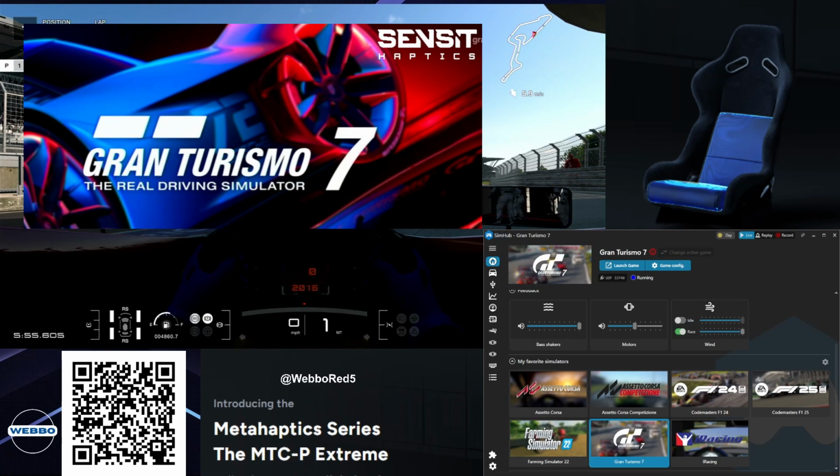We're going to talk about the Sensit Haptics MTC-P Extreme Seat setup with GT7, Gran Turismo 7. I've got a lot of questions after my initial first impression test. I've been testing this out now for a few weeks, and I've actually tested it in league races, probably 4 or 5 now. And I've been tweaking the settings through Simhub. So we'll see exactly what this all looks like, and I just want to help you get set up as